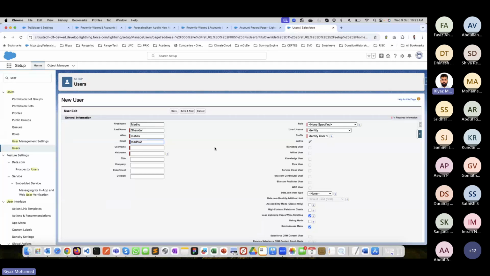I'll put a fictional email. The email, I can use many emails. And for the username, guys, the username has to be in the email format. Okay. Madhu at